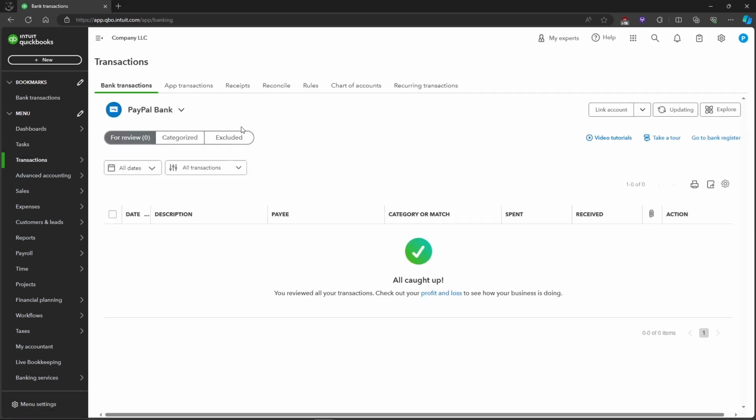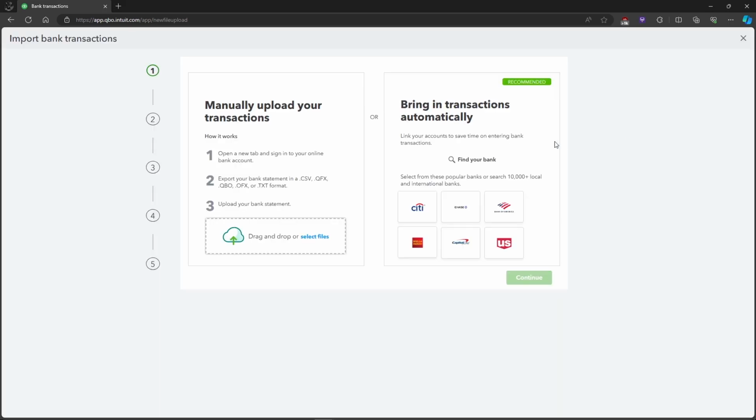Okay, so after that, let's head on over to this button right here, the Link account, and then you will see a drop-down arrow. Just click it and you will see Upload from file, Manage connections, and Order checks. So just click on Upload from file and it will take us to this page where we will be importing